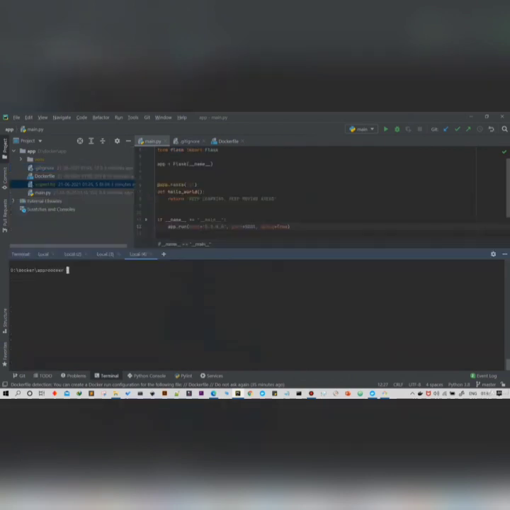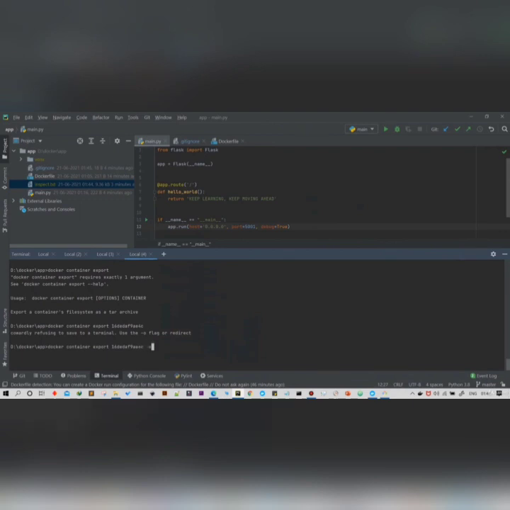Alright, in this lesson we're going to discuss the docker export command, which is very useful so that you can get all the contents of your container in the form of a zip format. Okay, so here you need to use this simple command, docker container export, and the container ID, and you need to use the -o parameter, which stands for output, and give any name for your zip file. Here I'm just going to give the name container.tar. Okay, it's a compressed format.